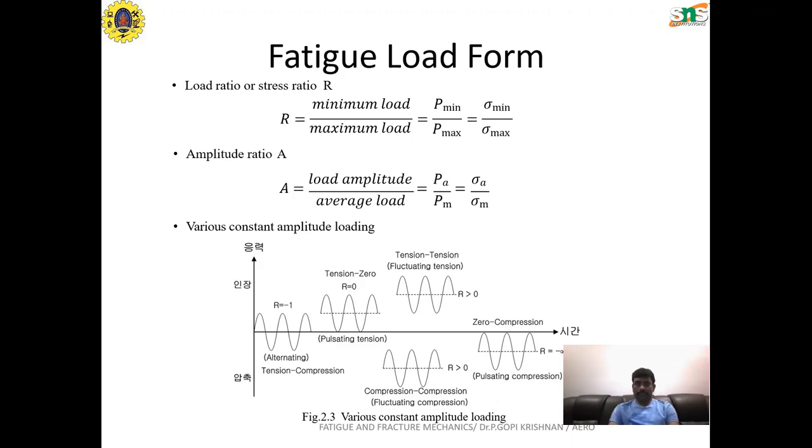Whereas if the R value is greater than 0, even for the compression, it can be taken in the compression zone, which is called the fluctuating compression zone, and it can be taken to the pulsating compression zone, in which the R value is equal to negative